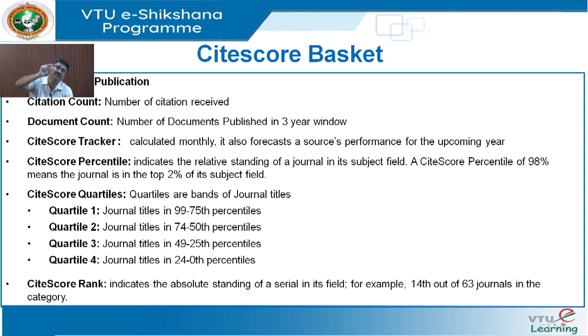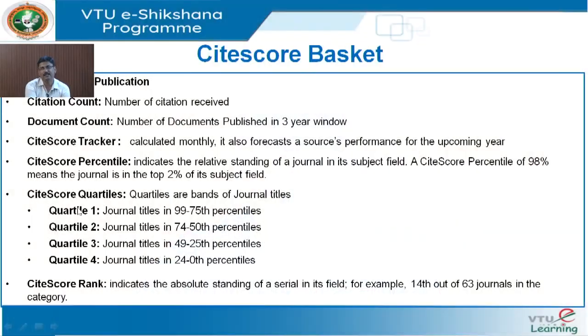So these journals will have a higher weightage in your NIRF ranking also. And all your journal quartiles, which you would have heard about frequently, are based on CiteScore data. For example, a quartile 1 journal means it is in the 99th to 75th percentile. When you make a list of all CiteScore journals in a particular subject and assign a percentile, the journals which fall between the 99th and 75th percentile are quartile 1, and quartile 2 are